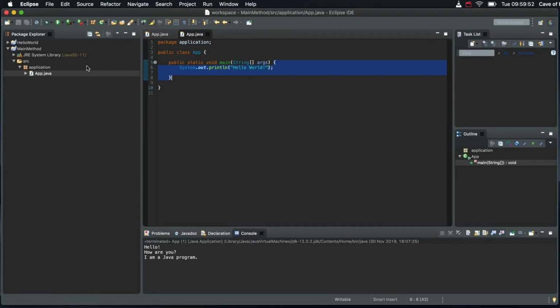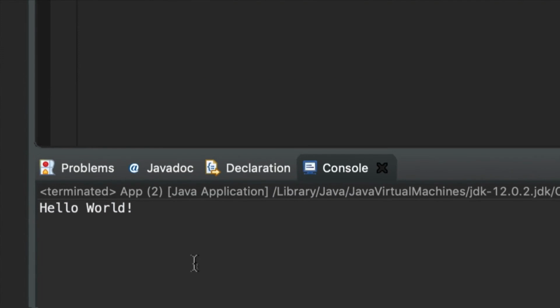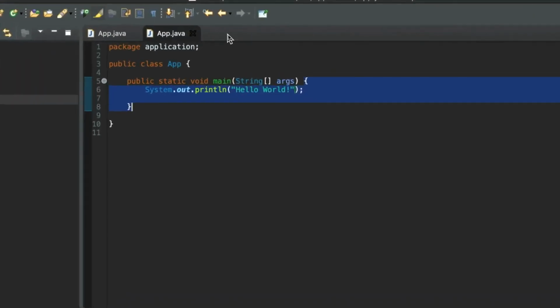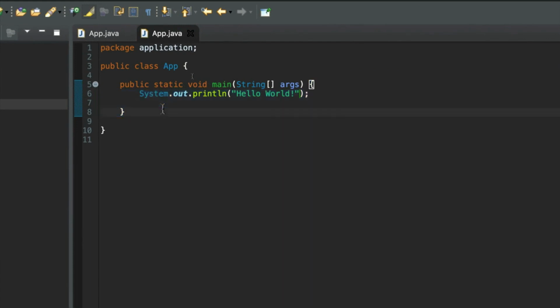Let's just run it and check it works. It's a good idea always to try running your Java projects early on to make sure there's not some misconfiguration or anything. And there we go, it says hello world, just like the other program. So let's have a look at this. So I want to focus in this video on this, the main method. So a method